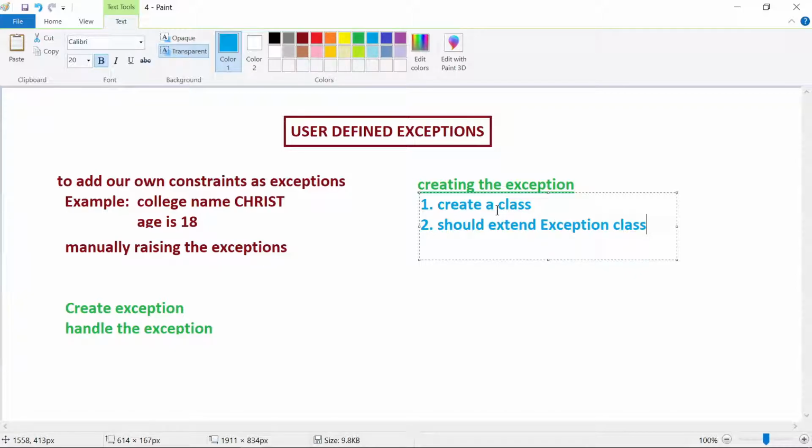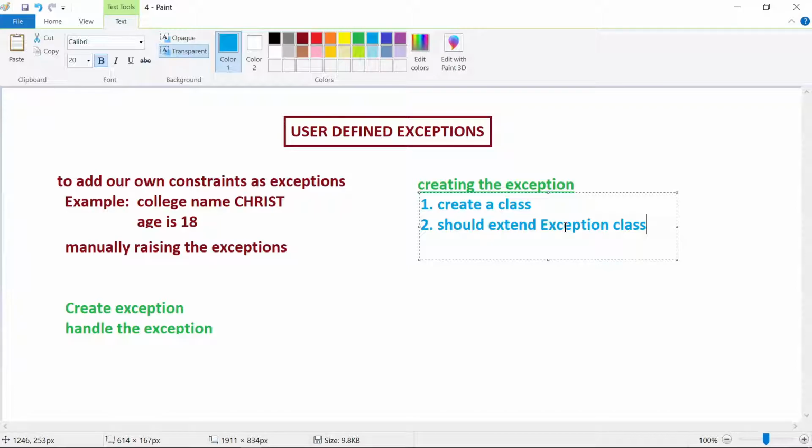But if you want to create your own exception, then you need to make that one into this Exception class. So that's why you have to create one class, and that class should extend this Exception class. So whatever class you are creating, that class should extend this Exception class.